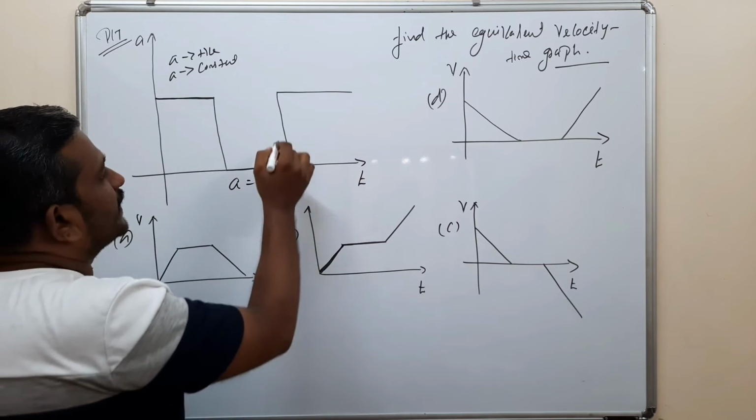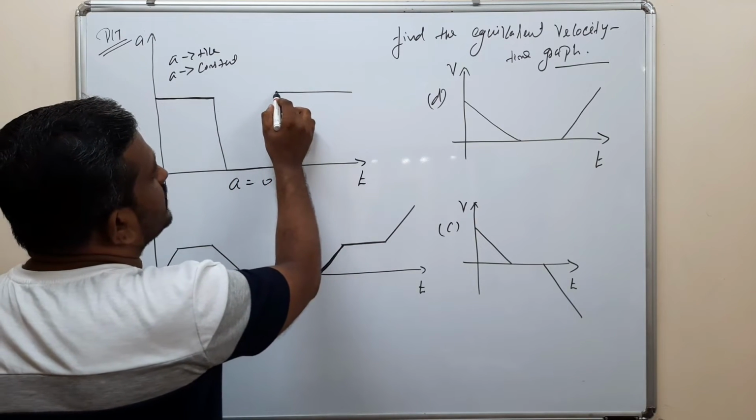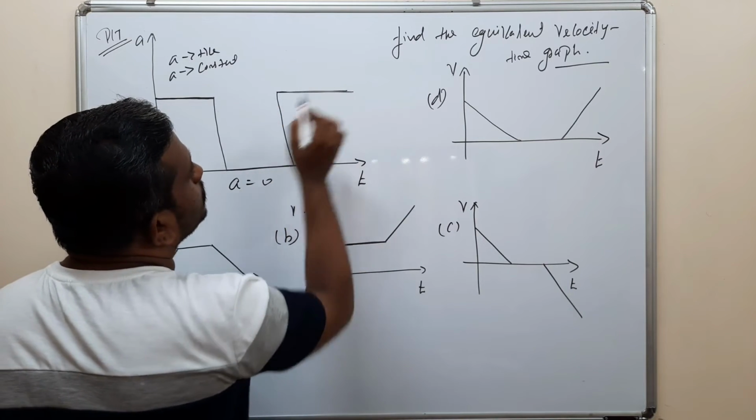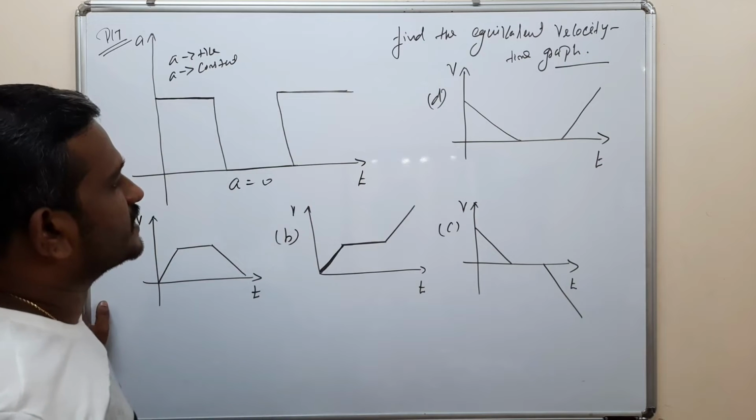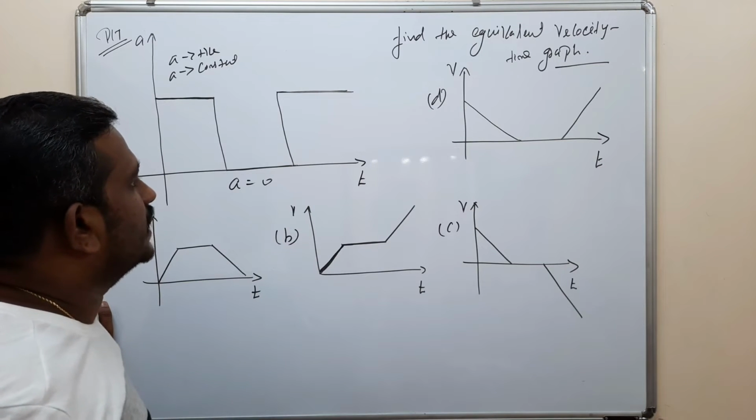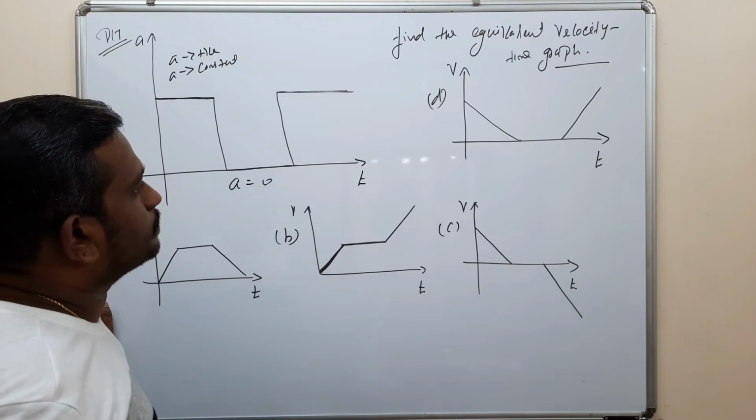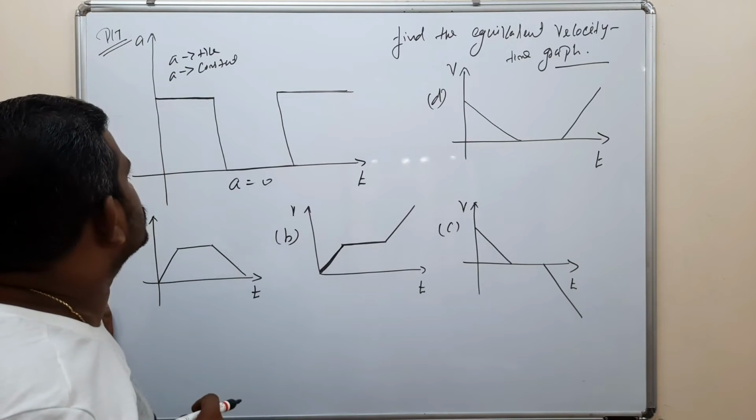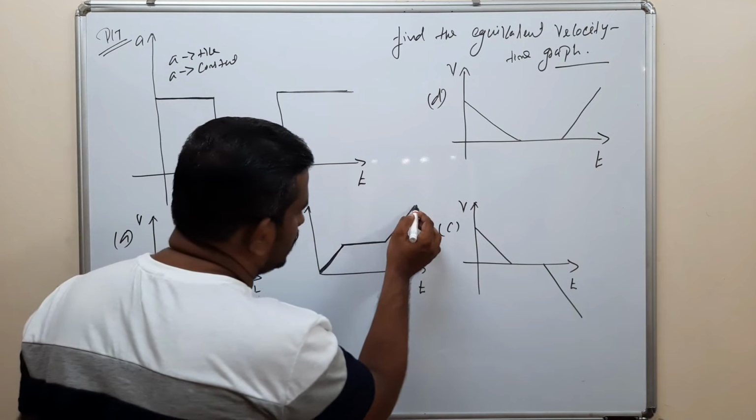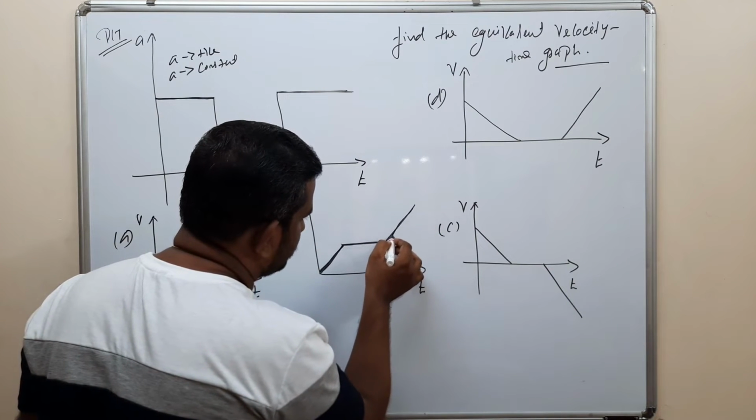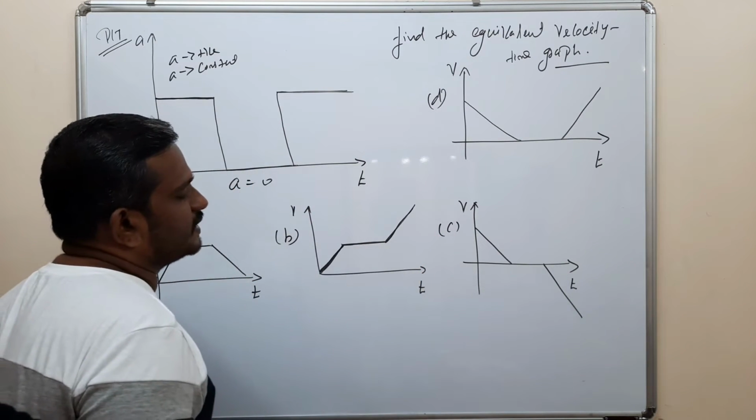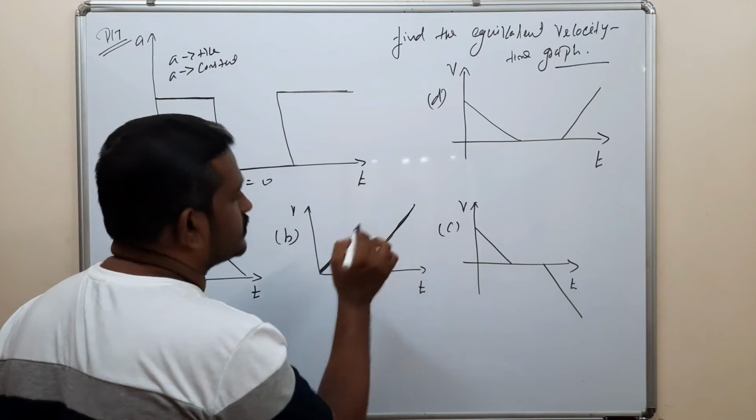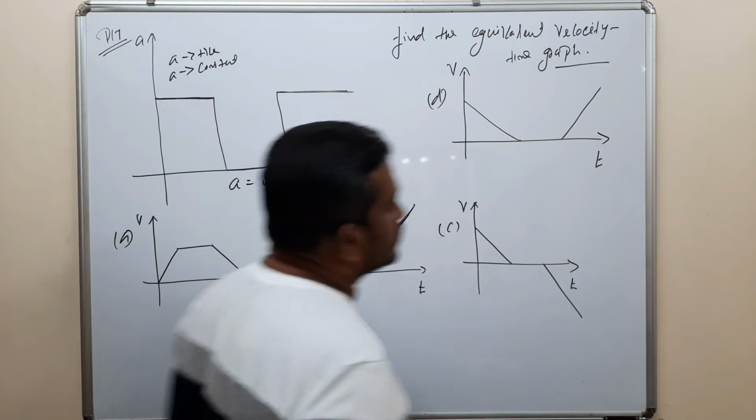After that, again there is positive acceleration. Acceleration increases from 0, and it is also positive. So here the line is like this. Acceleration increases, acceleration positive, like this. So this is the